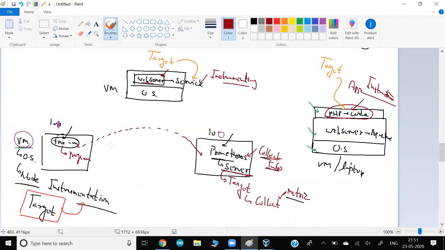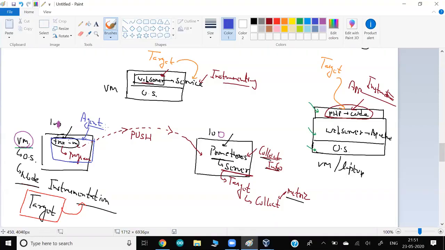This program collects and sends, and because they are sending, this mechanism is called a push mechanism. So they have to push to Prometheus. So this is the mechanism they can use. But normally in other monitoring tools, 99% we always use the push mechanism. And for the push mechanism, we have to run some program here. Normally this kind of program that we run on the node is known as an agent program, or agent.